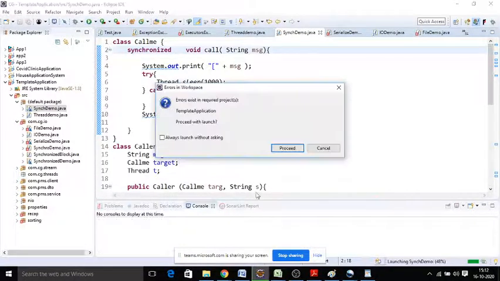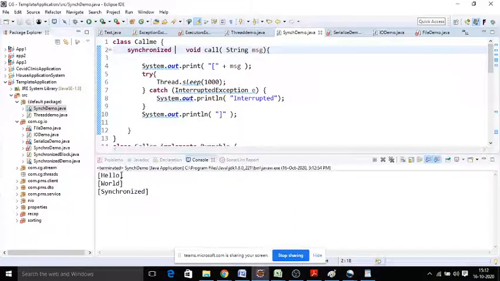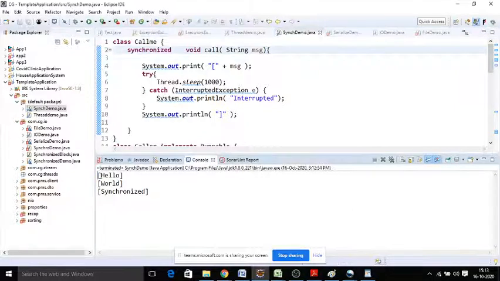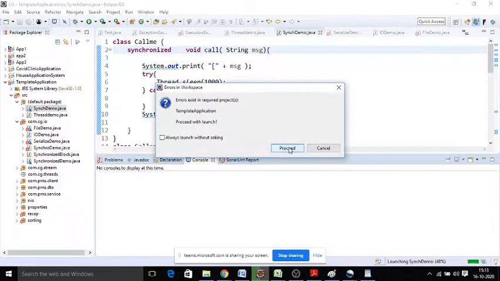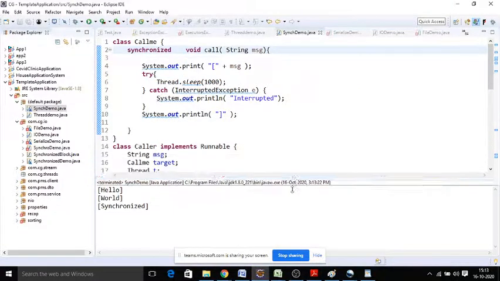Now you run the application and you can observe the result. Now first thread is started, it is completed. Second is started, it is completed. Third is started, it is completed. The order can be anything. Order we cannot predict. Hello may be first, world may be first, synchronize may be first. But whichever is started, it should complete its logic. It has to make other threads wait, and once it is completed, it gives a chance to the next thread. Clear, guys? That is called synchronization, and this synchronization can be done at method level and block level.